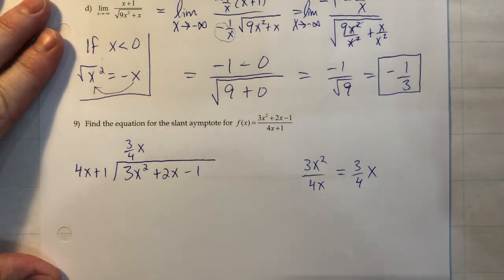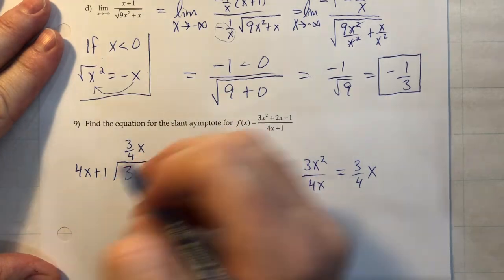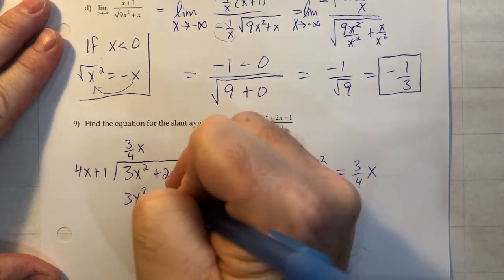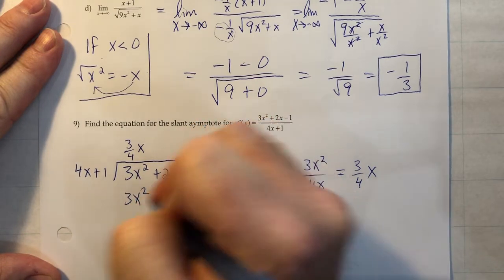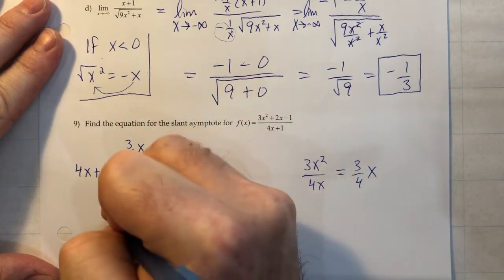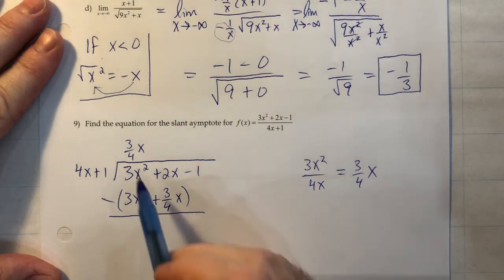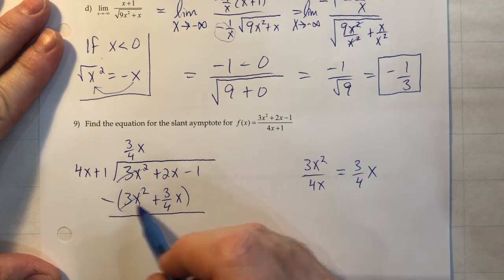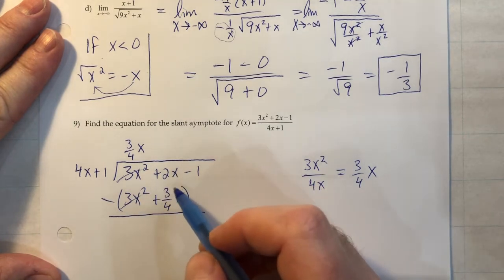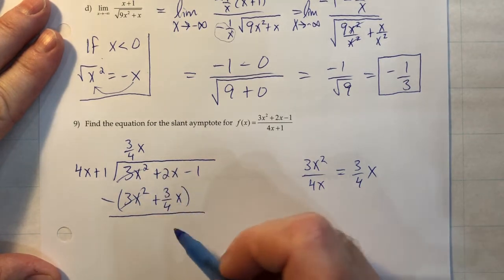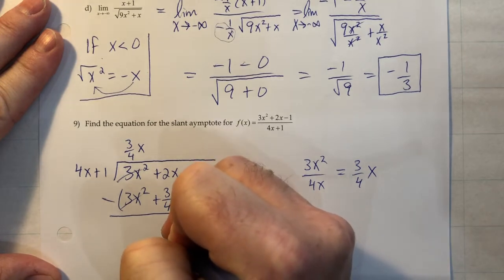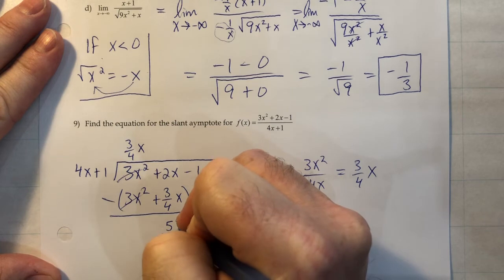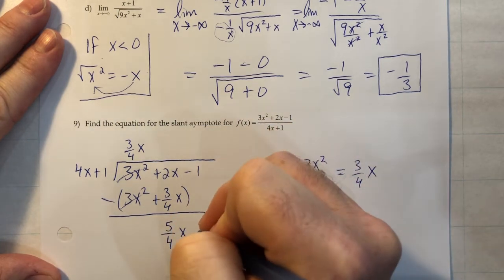Multiply those together. 3/4 times 4 is 3, x times x is x squared. 1 times 3/4 x is plus 3/4 x. We want to subtract that from what's above. By design, these will cancel, so 3x squared minus 3x squared, that cancels off. 2x minus 3/4 x, that's 8/4 x minus 3/4 x, so that'd be 5/4 x. And then bring down the minus 1,